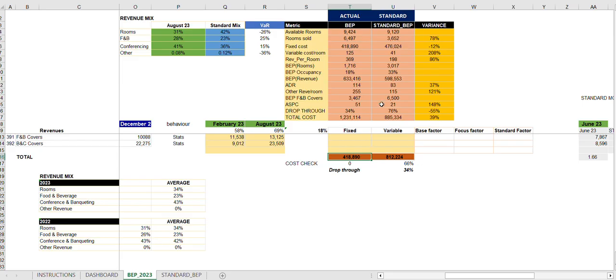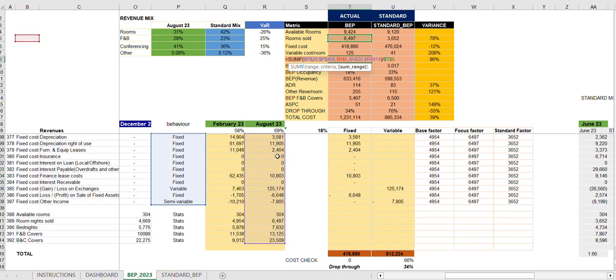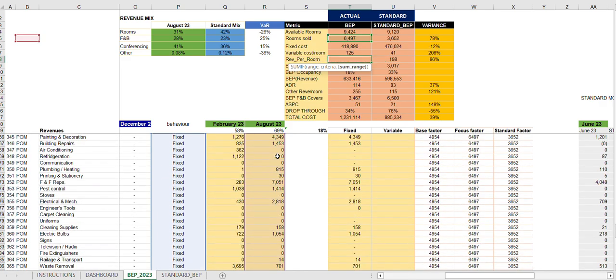If you see maybe the calculation here of break even, its base obviously is the number of rooms sold to get revenue per room, right? Then the break-even point in terms of total rooms,